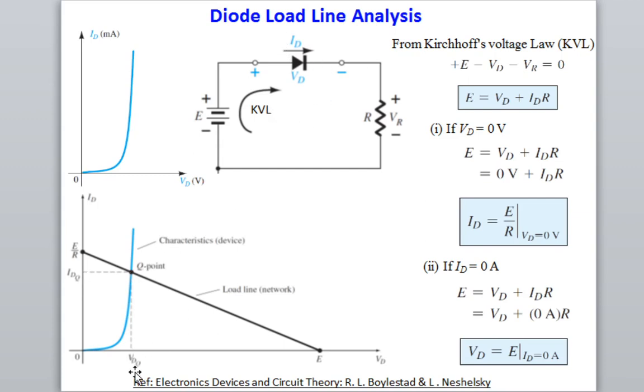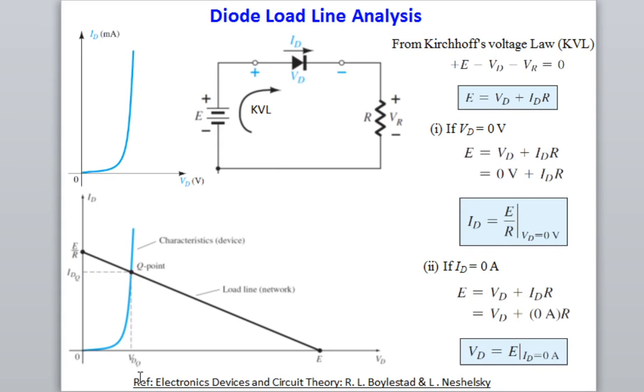That is known as VDQ and IDQ. VD means diode voltage, ID means diode current, and Q means Q point. So your diode is actually working at the Q point. That is the load line analysis. That is why we do the load line analysis in any diode or transistor. For the case of the transistor, I will explain in coming classes, but here we are understanding the diode, so I will explain it for the diode.